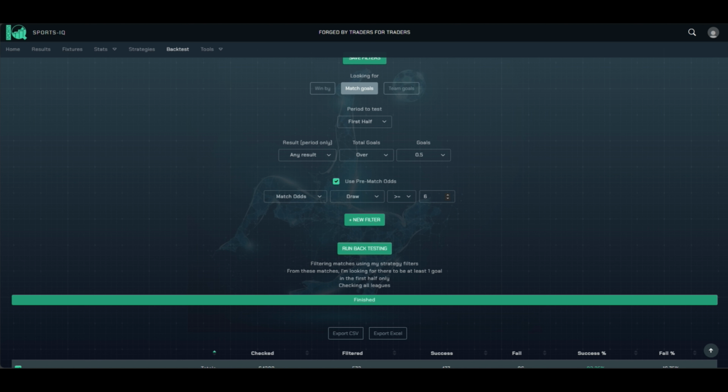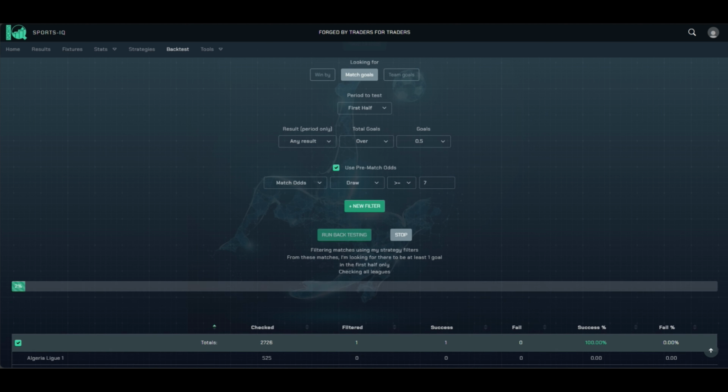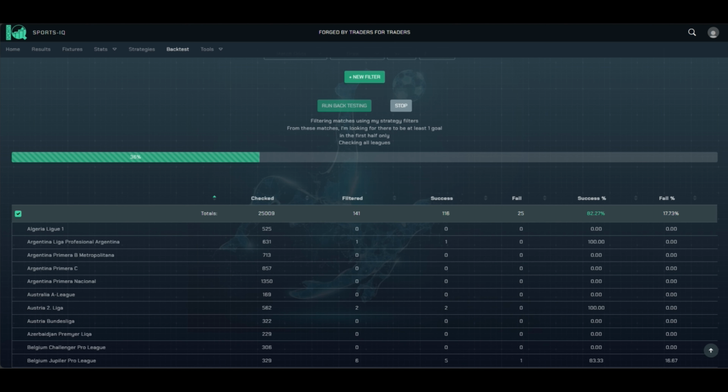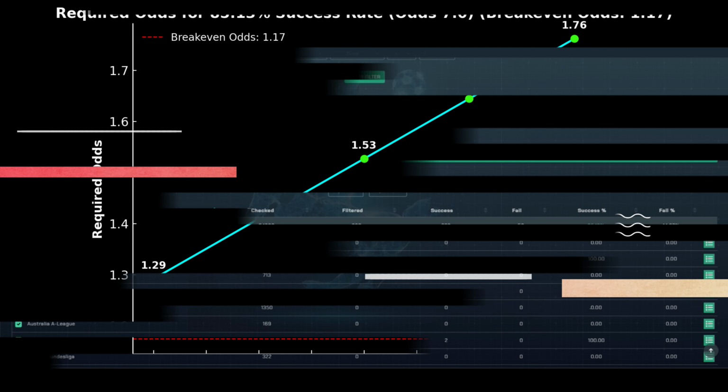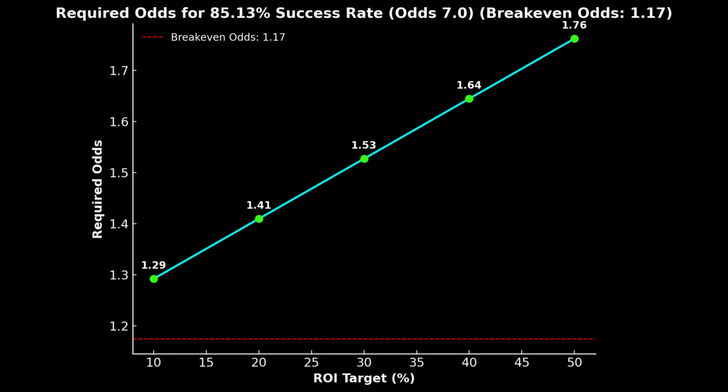So in the third backtest, we filtered for matches where the draw odds reached 7.0 and above. Here, 390 games matched our criteria, and the success rate rose once again to 85.13%. This test showed us that with the draw odds at 7.0 or higher, our success rate improves further, making it an even stronger play. With 332 successful trades having a goal in the first half and 58 trades with no goals, this gave us an 85.13% success rate, and the required odds to break even dropped to 1.17. This is a great range for an in-play entry, allowing us to enter the market with more confidence and keeping